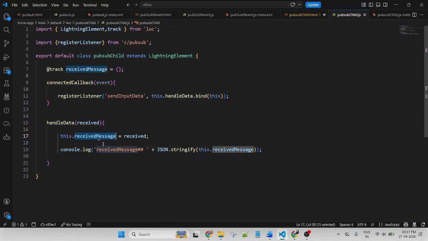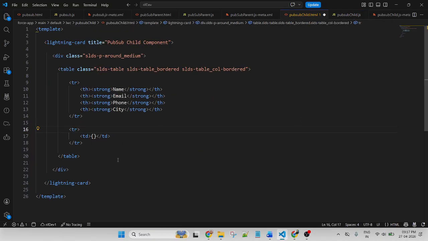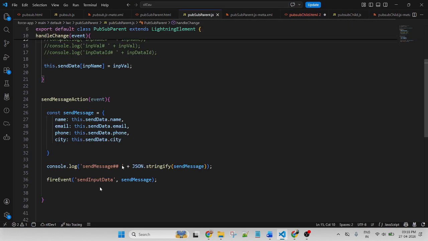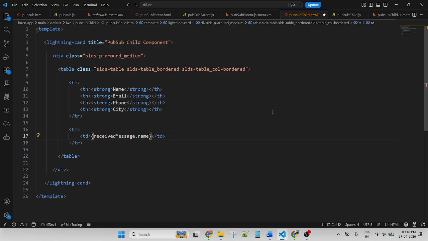So how to get all of the values? Data is stored inside this variable. This is an object. So use simply the variable name dot. What I am sending, this is a key, this is a value. So use the key name. Now copy.